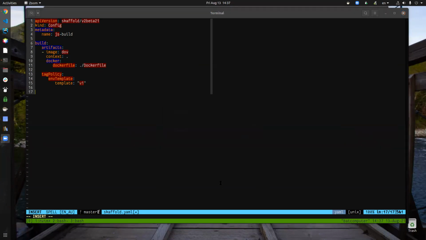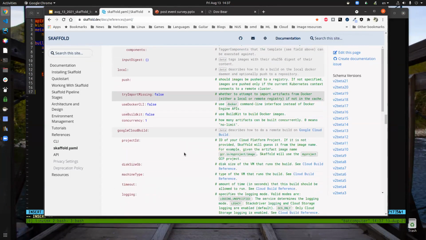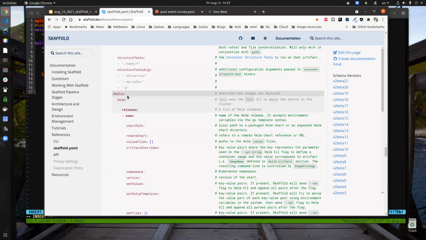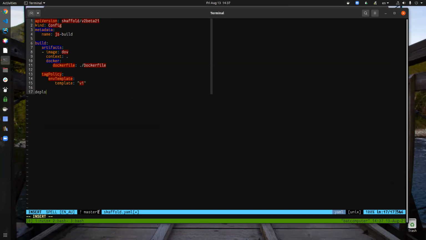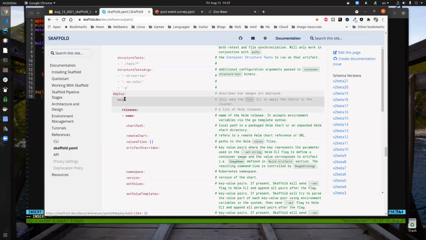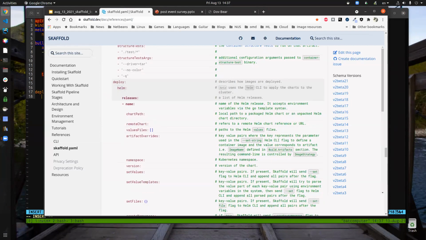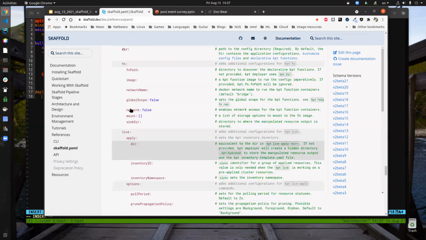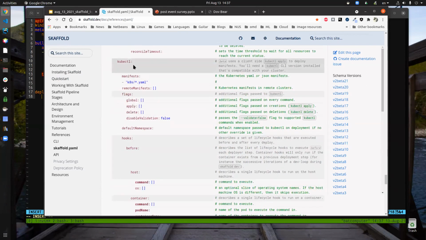The next part we want to look at is the deploy part. There's the test, which I'm going to skip. There are many ways of doing deployment. There's Helm. If you work with Kubernetes, you know Helm is a package manager. You can use kpt, which is a Google tool that I've not used. You can use kubectl, right? So we're going to use kubectl. In other words, Skaffold is going to use the kubectl command to do